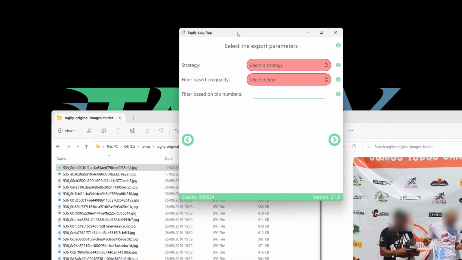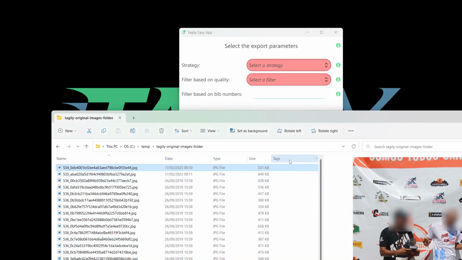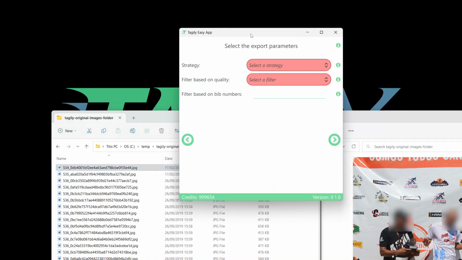And in this window, we have to pick an export strategy. We have three options. IPTC basically writes the results in the tags. So it writes the results into the metadata of each image. And this is extremely useful because it's